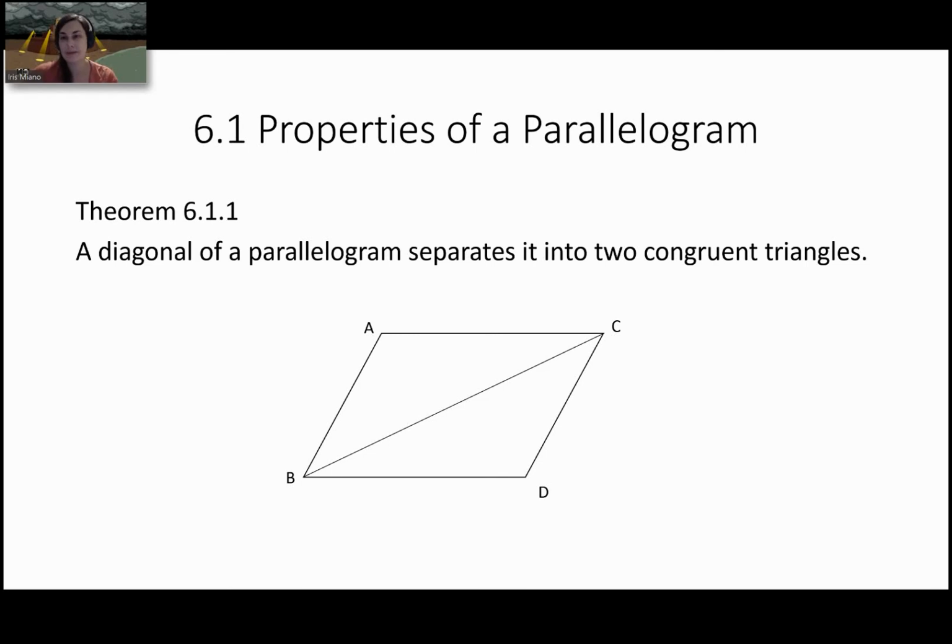Or, you could name them differently. There's no wrong way to name a triangle. And according to this theorem, they are congruent to one another. So there you go. Another way for us to prove triangle congruency, all you have to do is have something